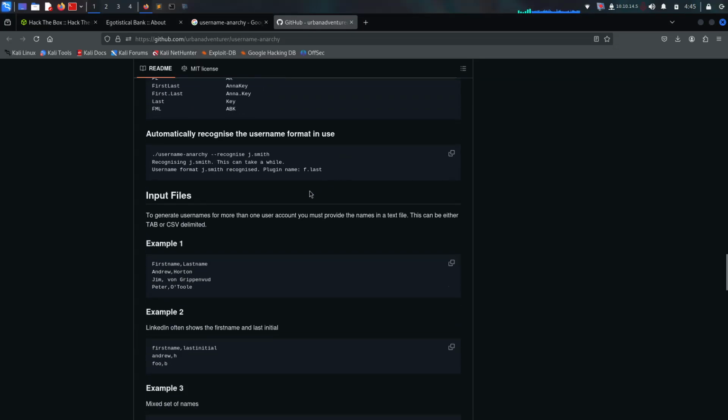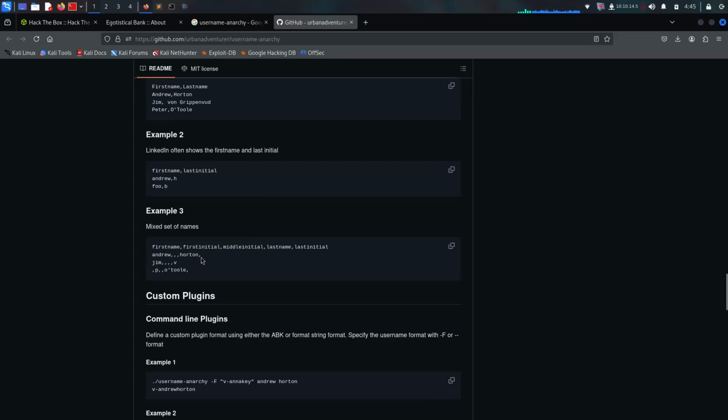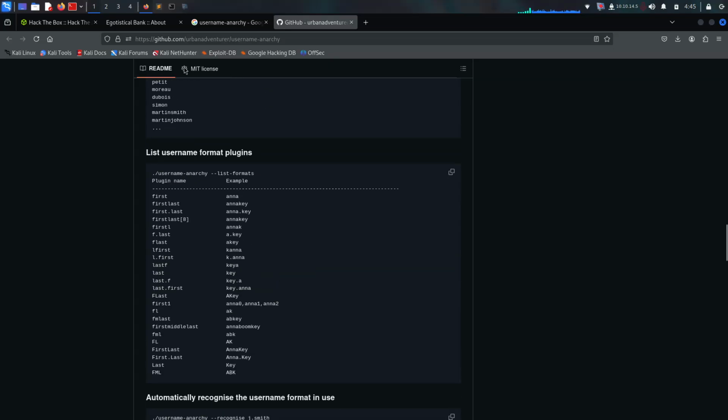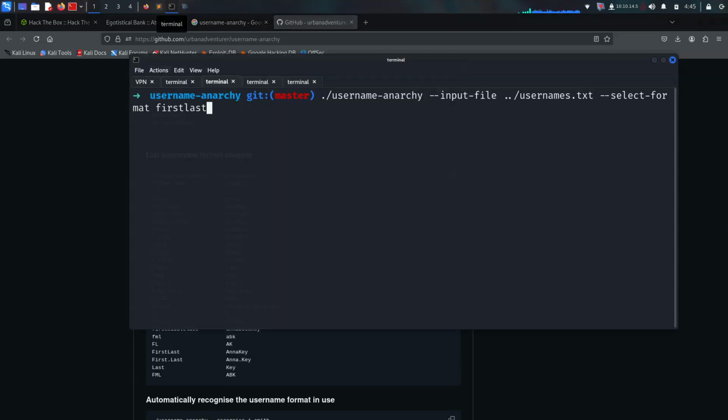How can I check it? Alright, so we have to give the colon here. So it's first, and we can check it like that. So let's give it here first, then we can give last, and then first last, and then first dot last, and then